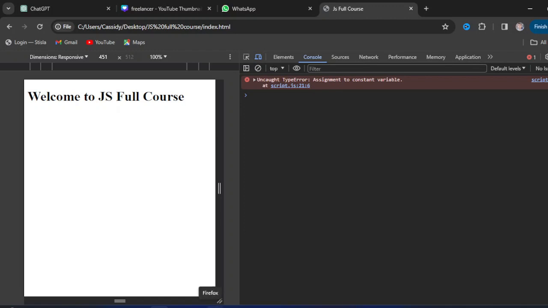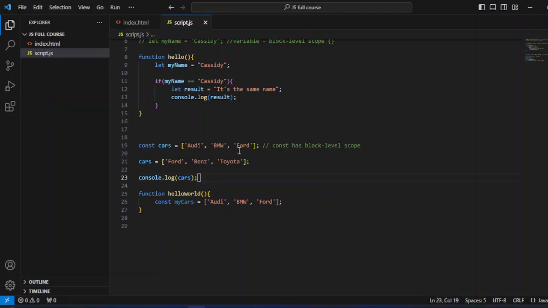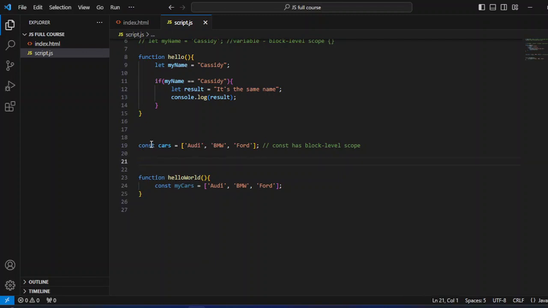Now there's one thing I want you to know. Even though you cannot reassign a const, we can still modify these values. Okay, these values can still be modified. So when we get to arrays and objects, I'm going to show you how we do that. Okay, so the last thing we are going to do before we recap is